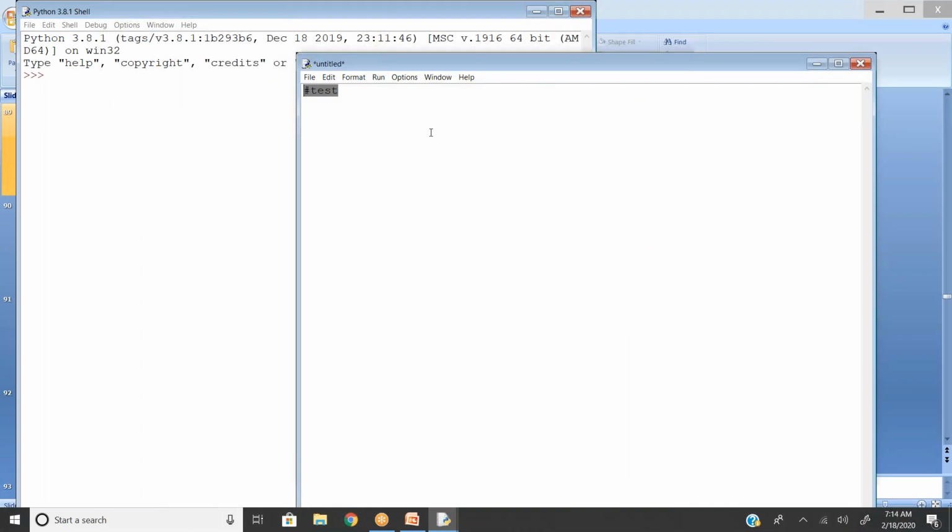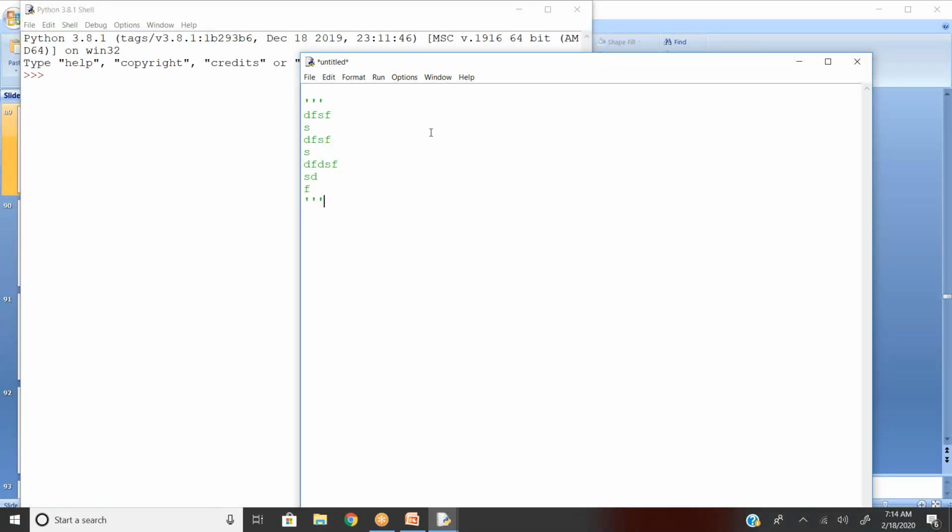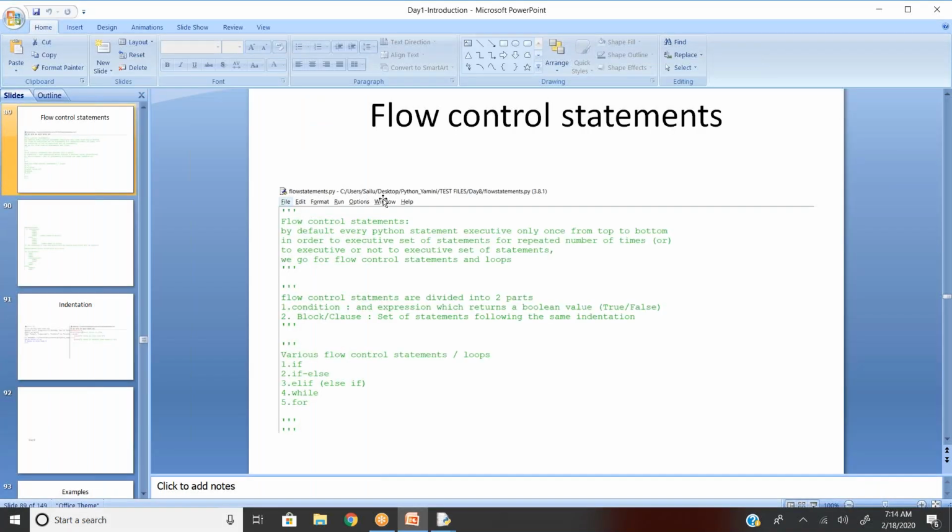It's not a part of the program. But when you type three quotation marks, write whatever you want over multiple lines, and after completing, give three quotation marks again, the system considers whatever is between them a multi-line comment and assumes that it is not a part of your program. Clear?